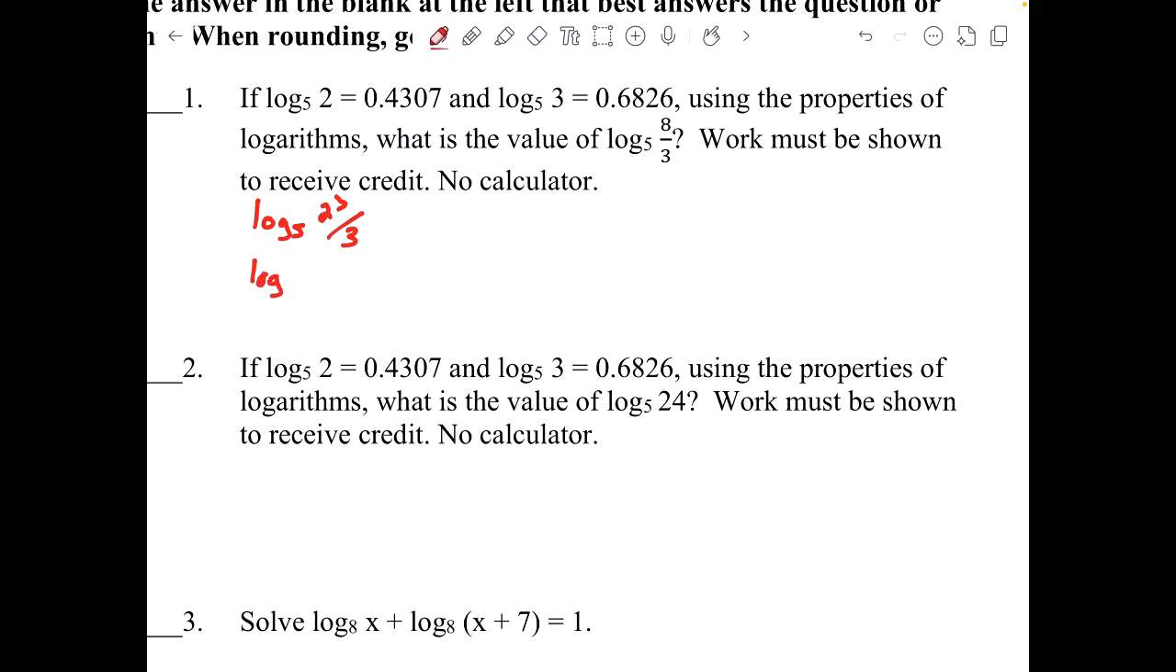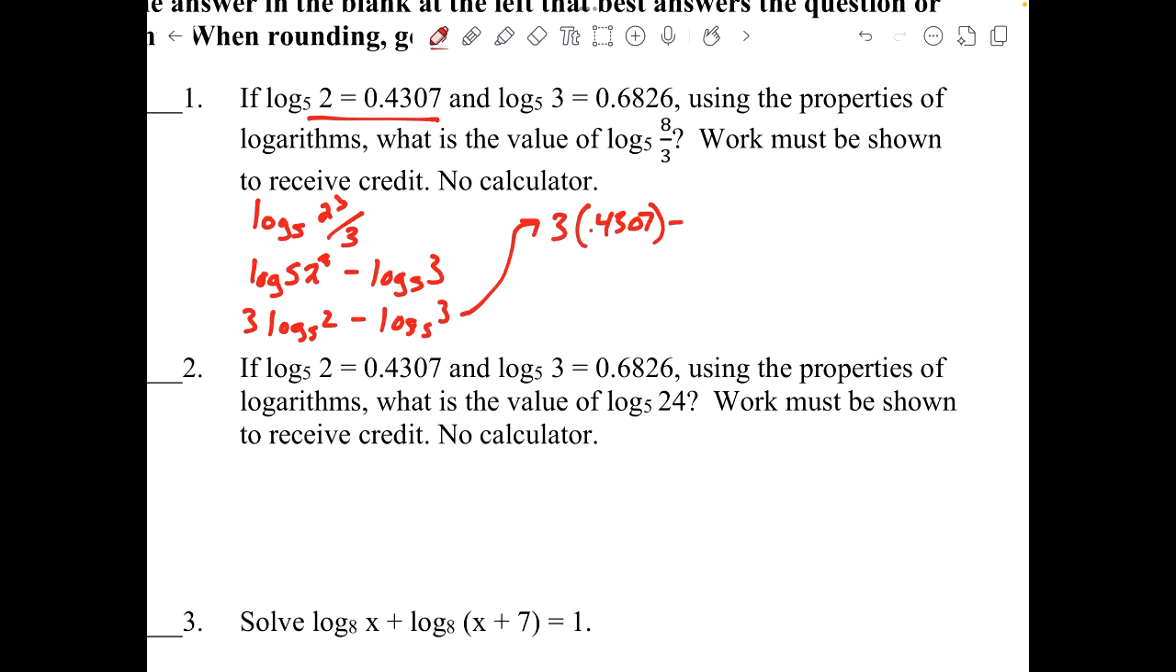So I have log base 5 of 2 cubed minus log base 5 of 3. And then using my power property, I can bring the 3 out front. So I have 3 log base 5 of 2 minus log base 5 of 3. Since the log base 5 of 2, they gave me up here in the instructions, is equal to 0.4307. And I'm going to be subtracting the log base 5 of 3, which is equal to